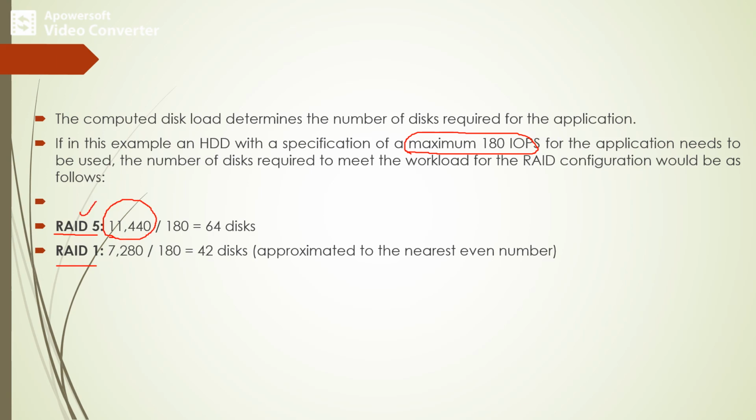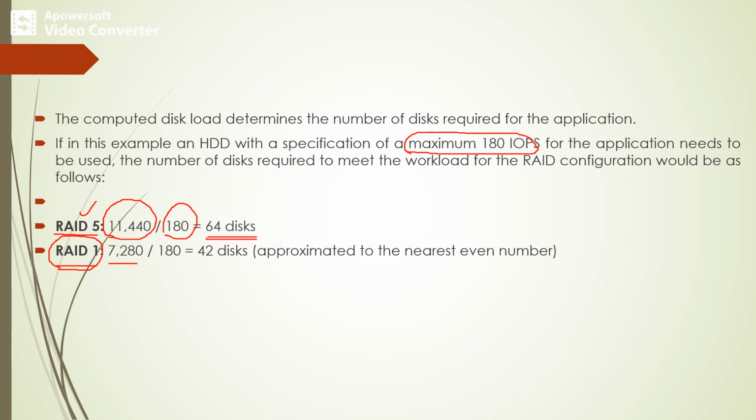So that is 11,440 divided by the maximum IOPS given for the application, that is 180. So we'll get 64 disks with respect to RAID 5. Similarly, we can compute the number of disks required with respect to RAID 1 as the total number of